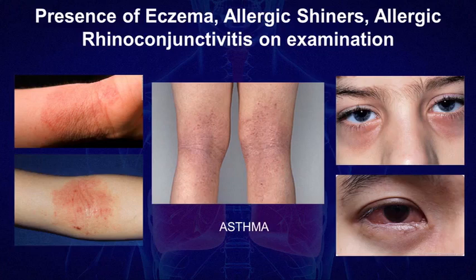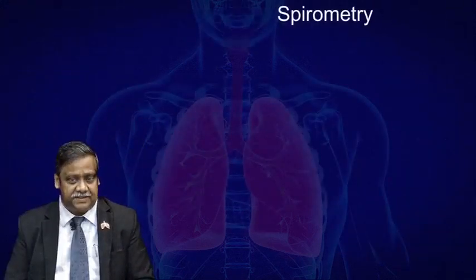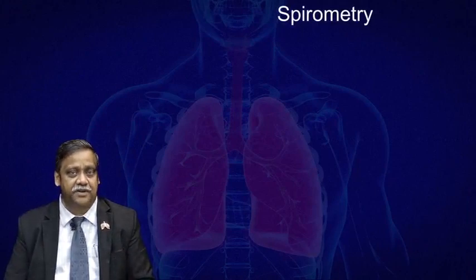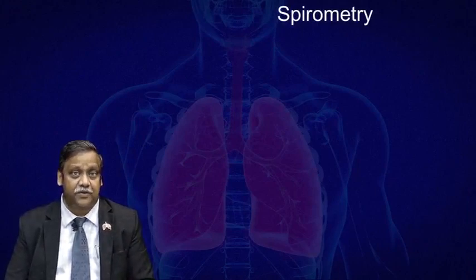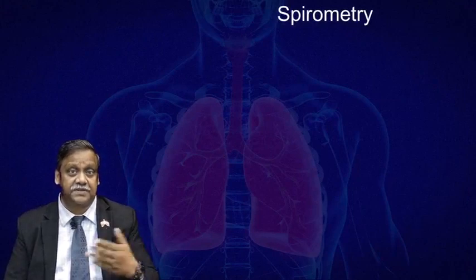This is classically suggestive of an atopic underlying disease. Therefore, if this patient comes to you with a respiratory symptom, then you know that this patient is more likely to have asthma rather than COPD. Spirometry is an important diagnostic test that not only helps in the diagnosis of asthma but also helps in differentiating